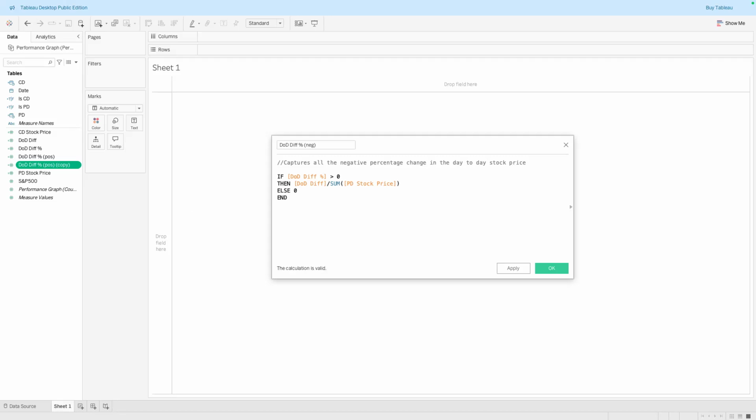All right, so that captures all the negative percentage change and all the negative values. So I would change this here to a less than, right? And then this here would just be a null. The reason I'm deciding to show a null here is so that